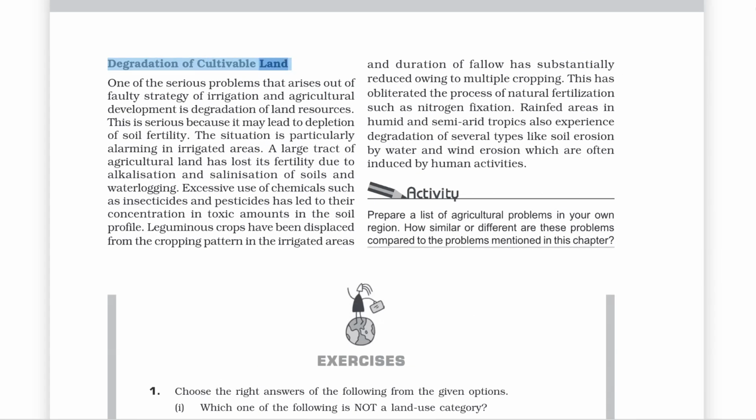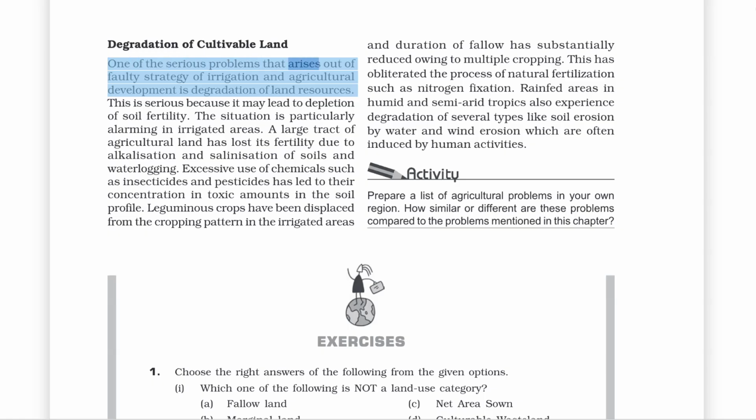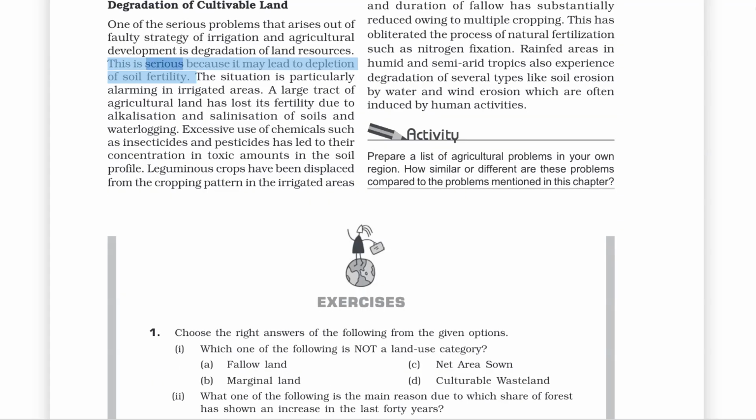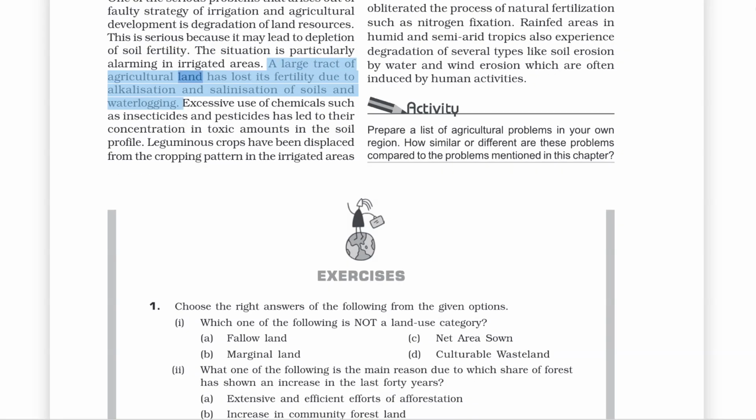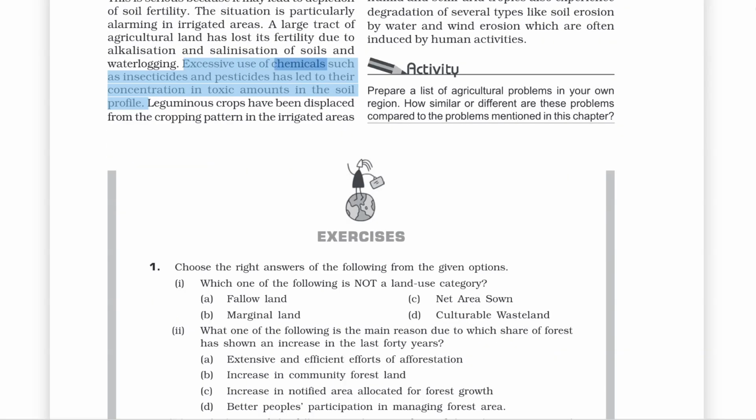Degradation of cultivable land. One of the serious problems that arises out of faulty strategy of irrigation and agricultural development is degradation of land resources. This is serious because it may lead to depletion of soil fertility. The situation is particularly alarming in irrigated areas. A large tract of agricultural land has lost its fertility due to alkalization and salinization of soils and waterlogging. Excessive use of chemicals such as insecticides and pesticides has led to their concentration in toxic amounts in the soil